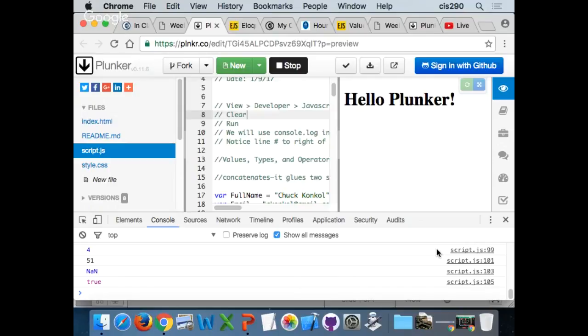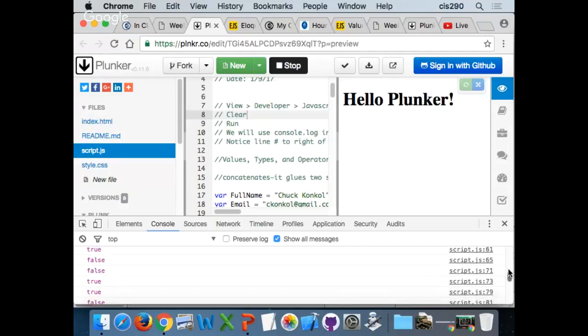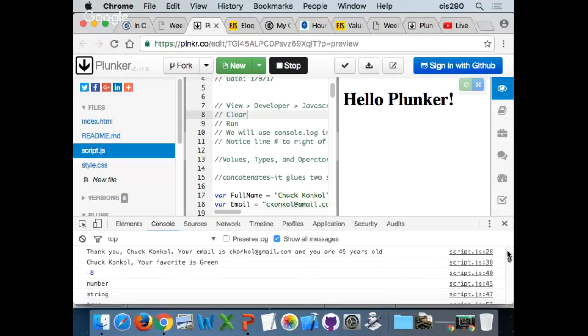I want you to take your cursor at the bottom here and scroll up. There's a little scroll bar here. If you can see on the overhead, this little scroll bar I'm moving. Go all the way to the very top till you get to the thank you, Chuck Conkle, your email is line. The reason I'm showing you this is where this line is compiled on line 28. So if we go to line 28 in our code up here,